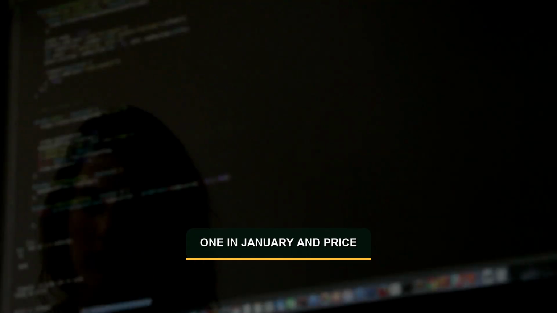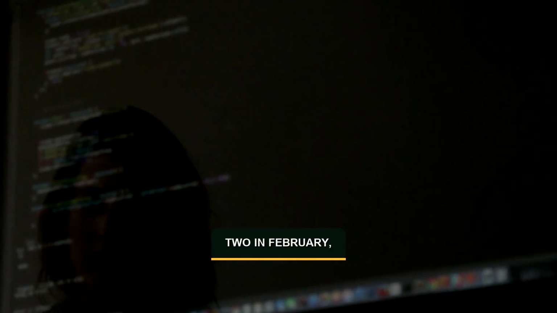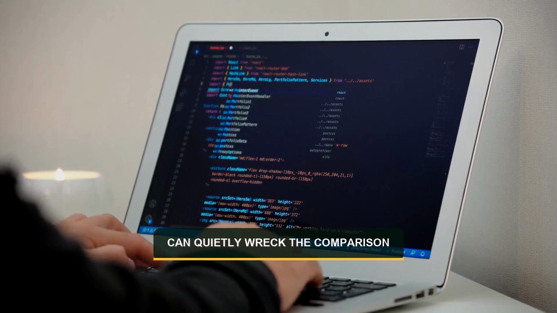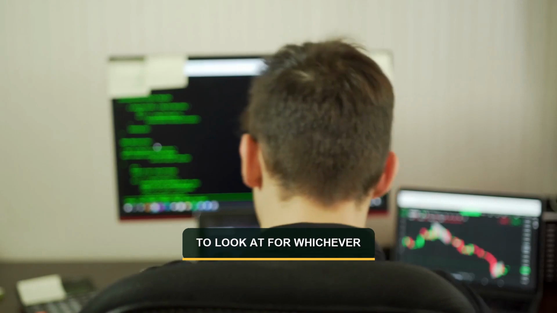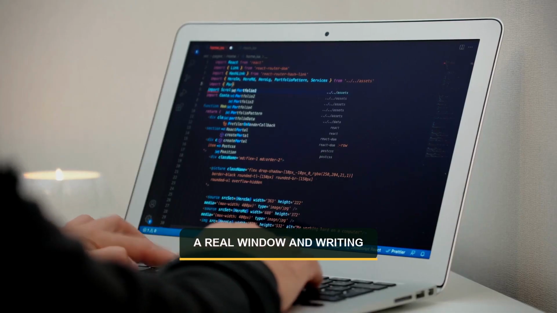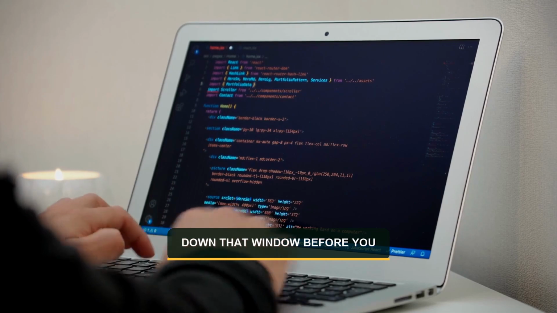So if you run price 1 in January and price 2 in February, a slow post-holiday month can quietly wreck the comparison before you even look at the numbers. But you gain more conversions to look at for whichever price is live because you're not cutting your already small traffic in half. The second change is giving each price a real window and writing down that window before you